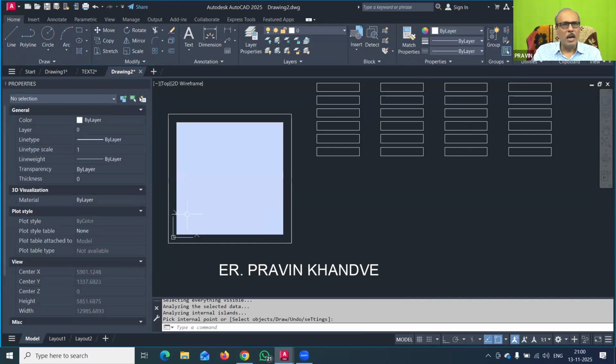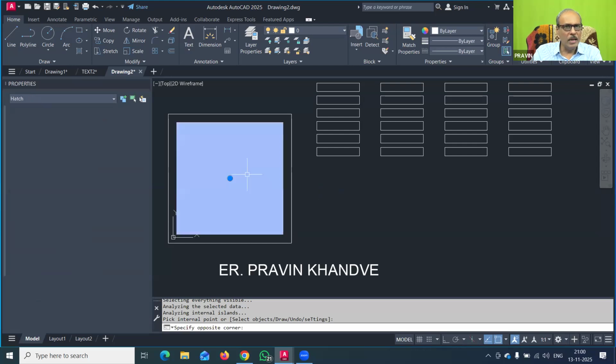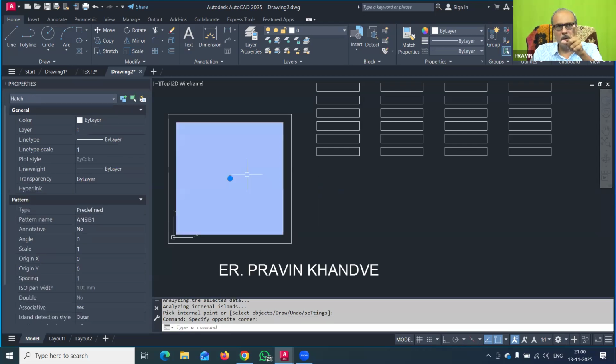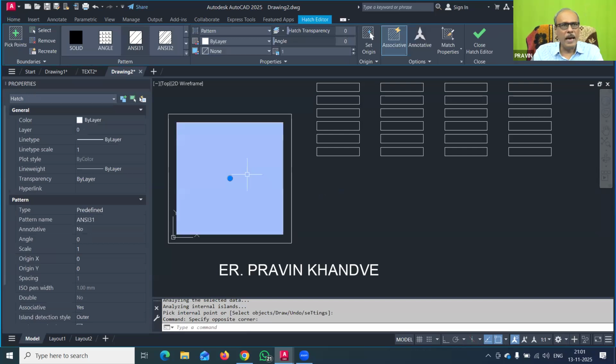It is seen that I have made the hatch inside this. But the important thing is that this hatch is not appearing properly. The command is simple, but we have to understand its importance and how it can be adjusted. For the wall or for a plot, I have given this hatch, but it is not appearing properly and it is going black and white. So what I will do, I will select this. This step is very much important. Select that hatch and then open the properties panel.